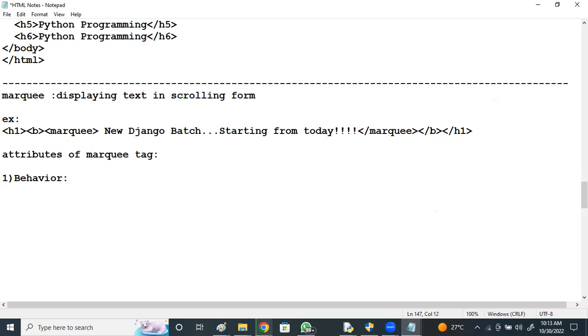What is the behavior? It says how the text in the marquee should move.